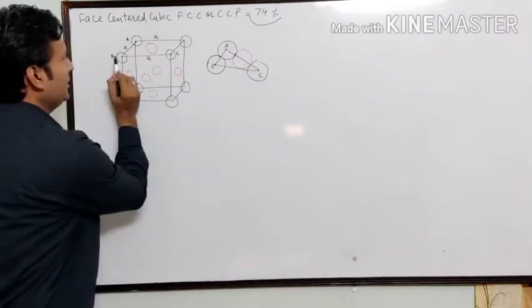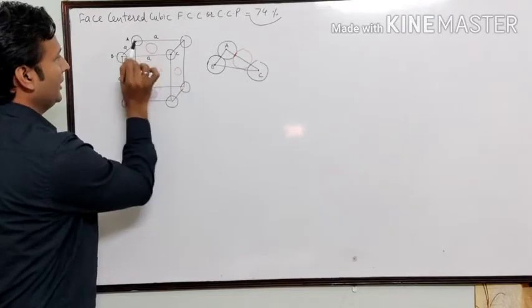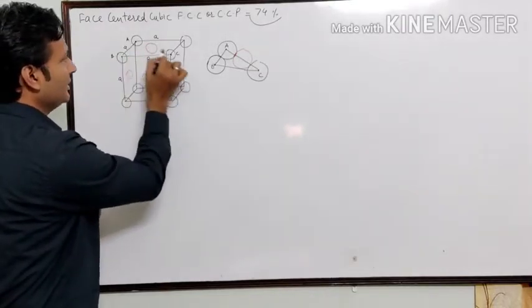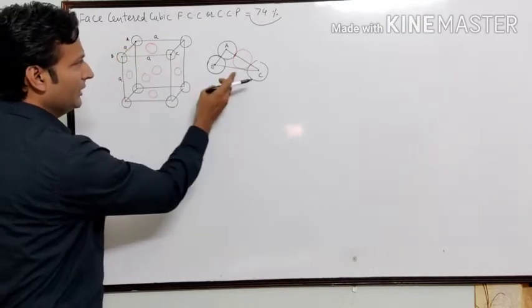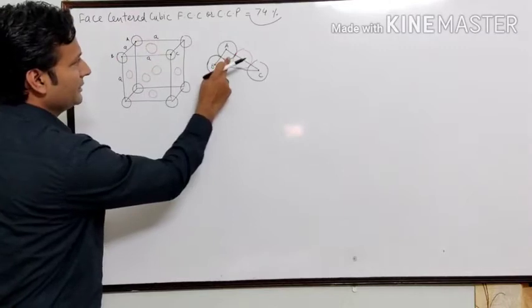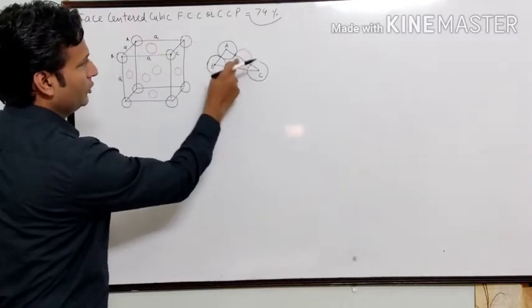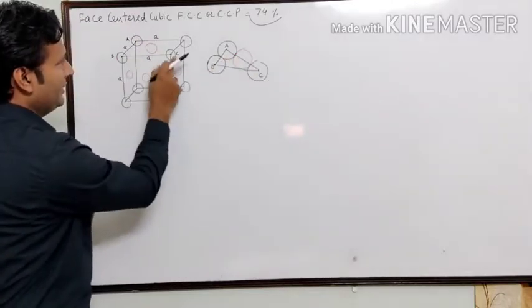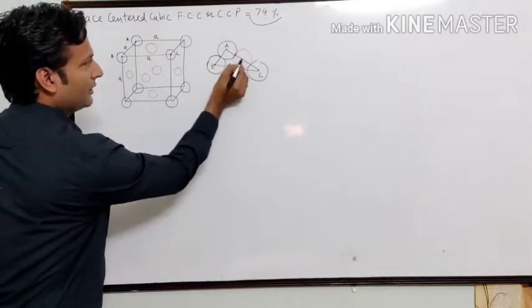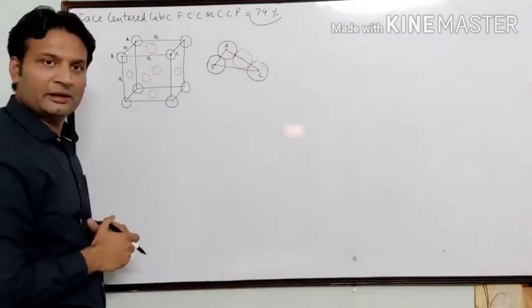It means B to C. I am considering the four particles, this particle, this particle, and this particle. All these particles are closer, which is shown in this diagram. Okay. यहाँ पर ये दूर दूर है, but in this A is connected to this and this and this. It means मैंने कॉर्नर के पार्टिकल्स भी कंसीडर कर लिए और इसके साथ साथ सेंटर फेस का पार्टिकल भी कंसीडर कर लिया.